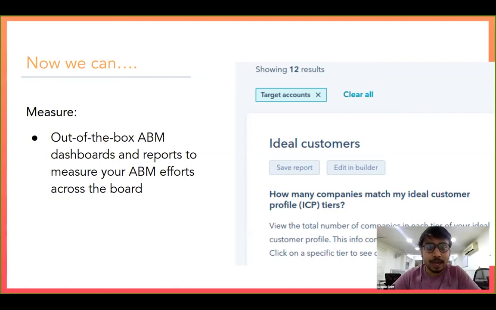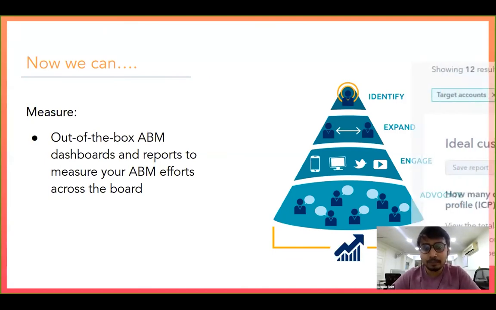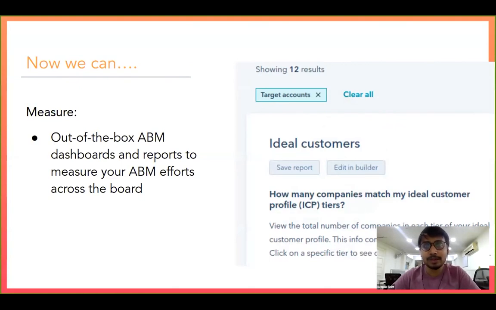So as I walked through the entire funnel, I want to thank HubSpot for this, that they have kept in mind the entire funnel and given features that help with each of the stages, from the identify part to measuring it all. They have worked on everything to make each stage relatively way easier. So yeah, that is it.